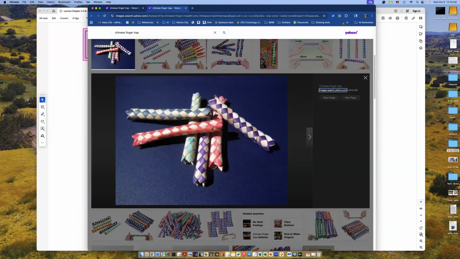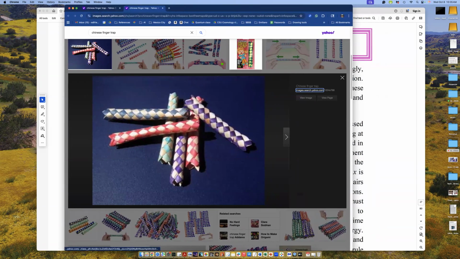Okay, folks, I'm back. A couple of things to add. These are the Chinese finger traps that I was talking about, where you put your fingers in. And this is what those carbon nanotubes look like. It's kind of a fabric of a microscopic, tiny little tube where the alternating colors represent atoms. So with a scanning tunneling microscope, we can actually see the atoms associated with those, and they're extremely close together.